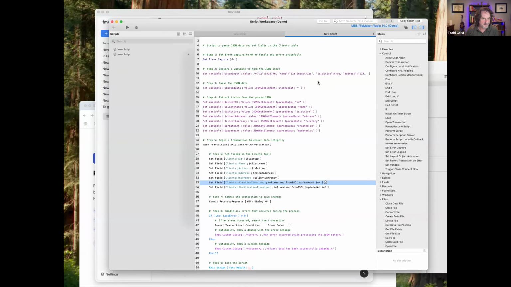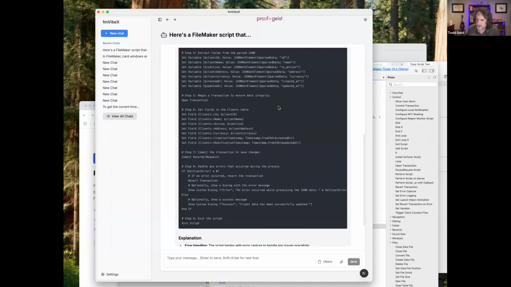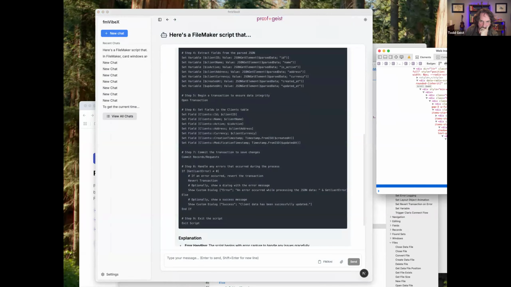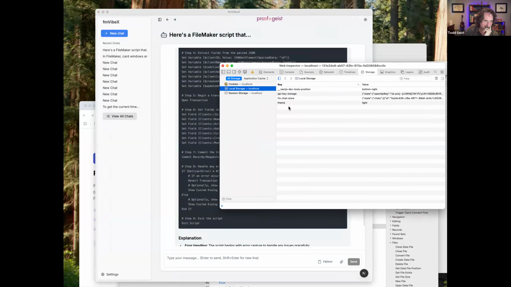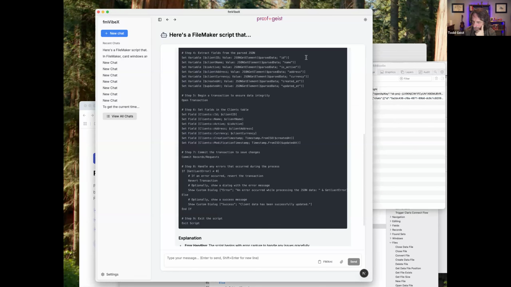Just to be very clear on what's happening here and what's going where, the chats are all going to OpenAI. So you should know that. We're not keeping any of the chats, and the chats are all being stored locally in your local storage. So if we inspect this element and look at the storage, you can see that here's the chat store right here. So we're not storing this data anywhere on the server. We're just using the server to kind of do some of the more advanced AI processing.